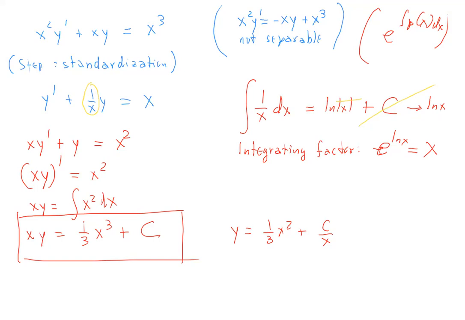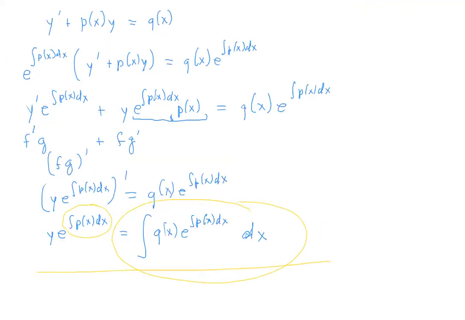Yeah, how did you move from the xy prime plus y is equal to x squared to the step beneath it? I mean, look, I can do it if you like in a formal way, but I do want you to remember, if we go back to the general solution, that what you will be getting on the left,